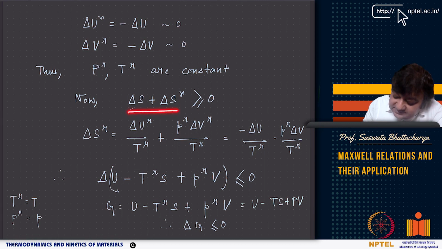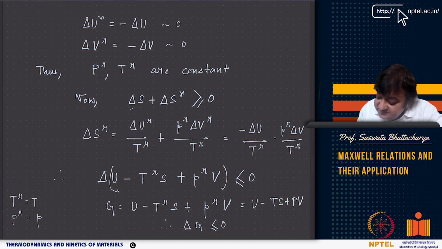Second law tells this. And delta SR I have written in terms of minus change in internal energy of the system and change in volume of the system, right? There are two quantities. Delta SR is expressed in terms of change in internal energy as well as change in volume. And also we have made sure that we have PR here and we have TR here, because PR and TR are not only the temperature and pressure of the reservoir, they are also the temperature and pressure of the system at thermal and mechanical equilibrium respectively.